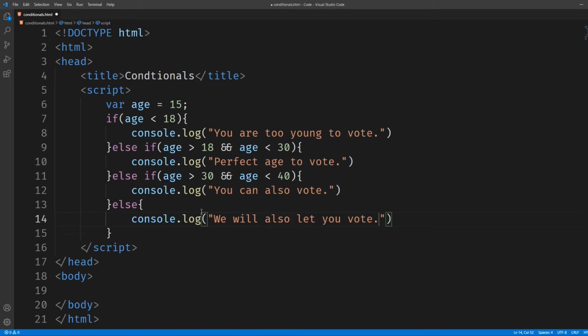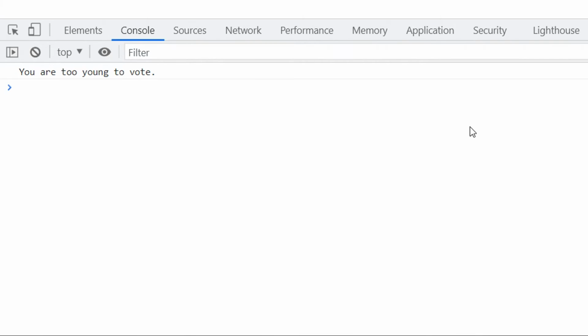Something like that. This doesn't make any sense, but for now let's see if that works. So if I save this page and go to my browser, first of all, let's see what the value is. The age is 15. So this condition will become true. Age 15 is less than 18. So this will be executed and nothing else will be executed. And if I go to my browser and refresh the page, you can see you are too young